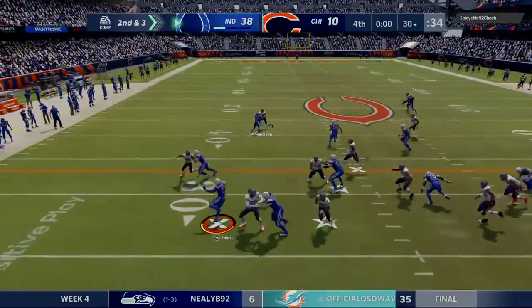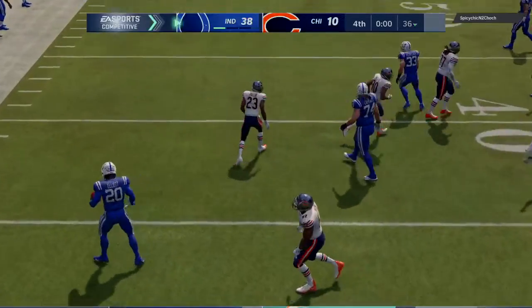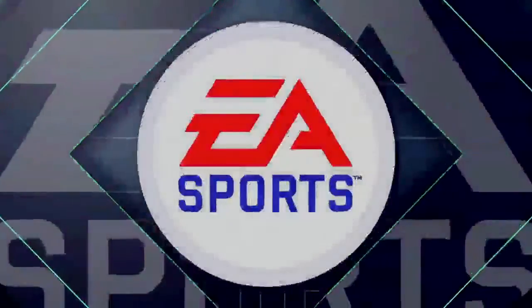On 2nd down, Elliott. Today's final score, Colts